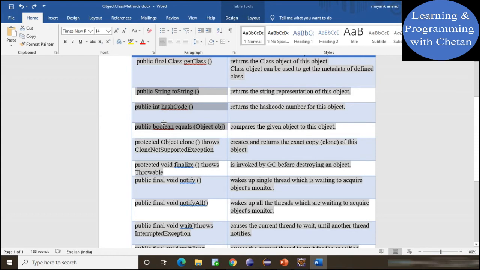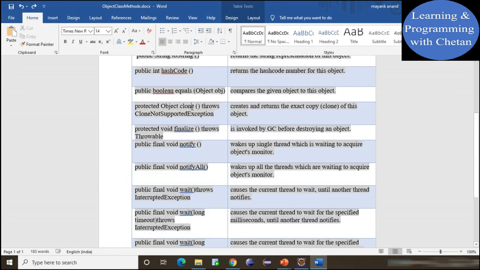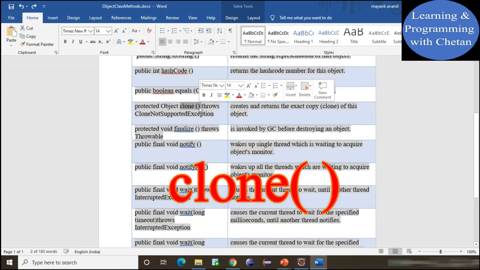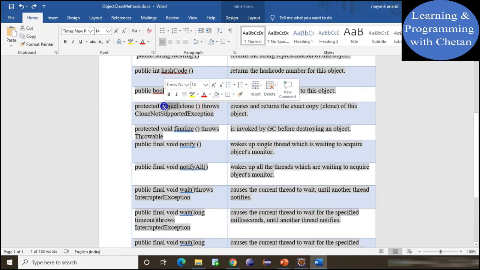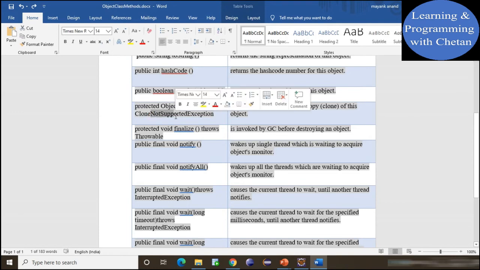And when we need an exact copy of an object, in that case we can use the clone method, which is present inside our Object class. So this is the signature of our clone method, and this method returns a value of object type, and it is protected by default. And here you can see that our clone method throws an exception named CloneNotSupportedException. So friends, when we have to create a copy of an object, our class must support the cloning concept.